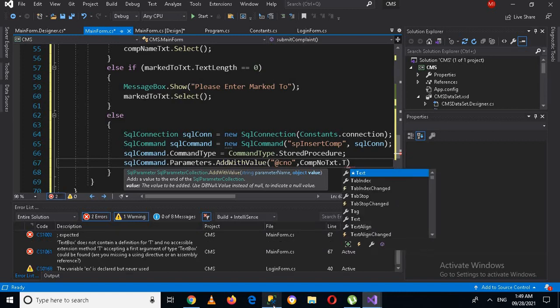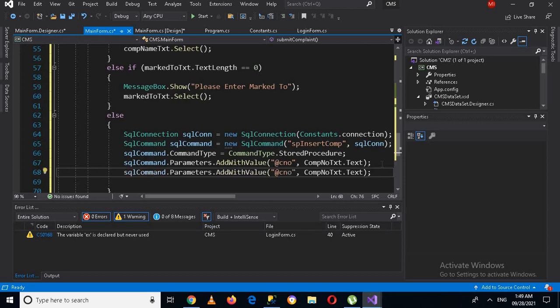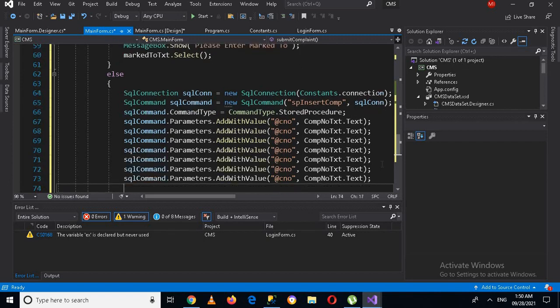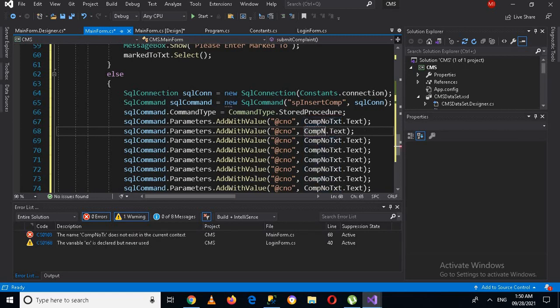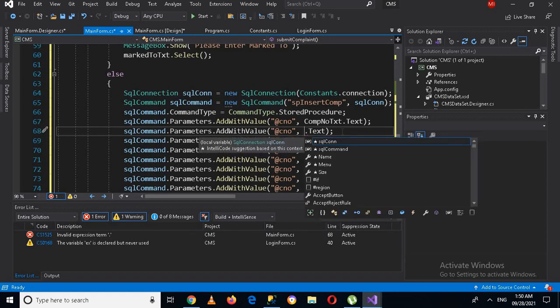So we will use add C number and comma, this will be complaint number txt dot text, and now I'll put semicolon here. Now I'll copy this one, Ctrl C, and Ctrl V, 1 2 3 4 5 6 7. Okay, then this is the